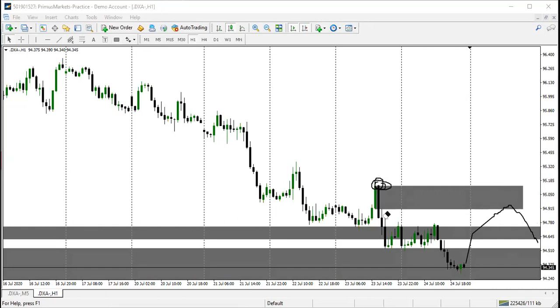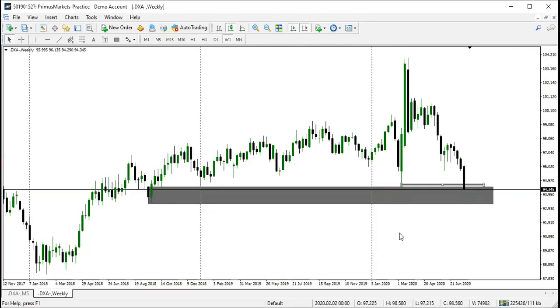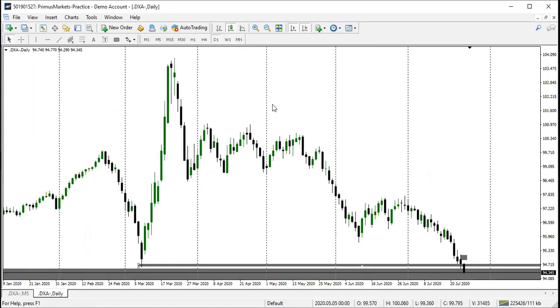Then for us to buy this pair, we need to see if a trend has been established. However, on the weekly time frame, we see that there is an OB after taking out the low. We can see all these liquidity zones have been taken, so there is a high probability that this pair is going to shoot higher, and after that it will come back again. For that to happen, we might be looking at this particular high being raided. If this high is raided, then we might expect this market to come down the more.